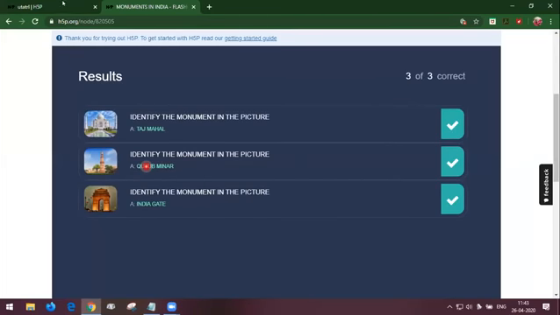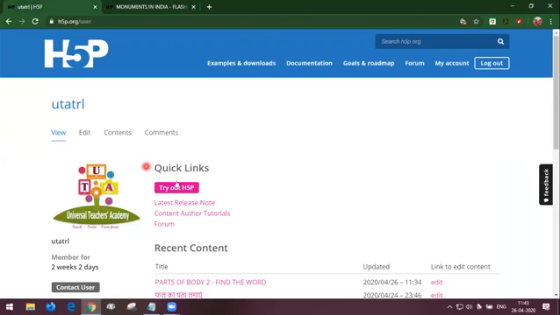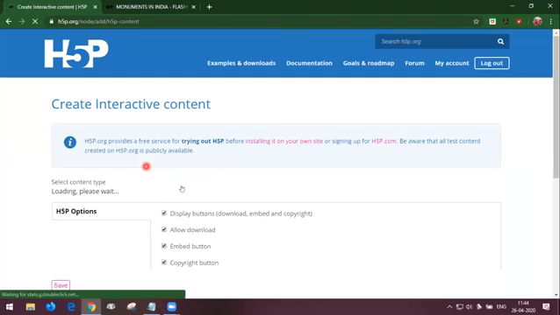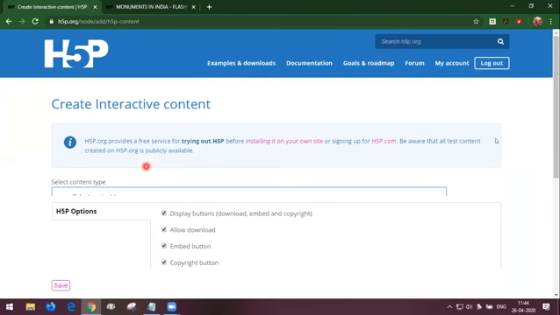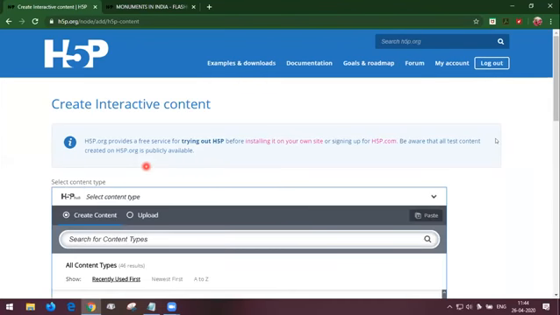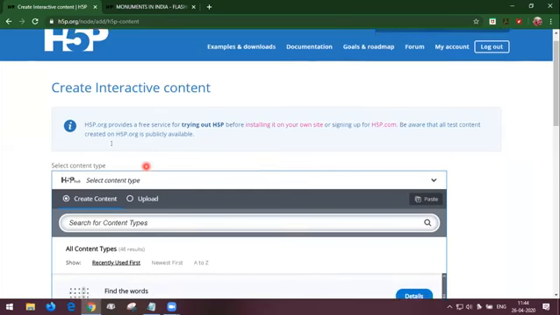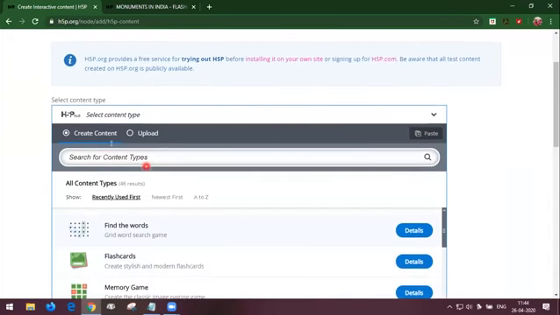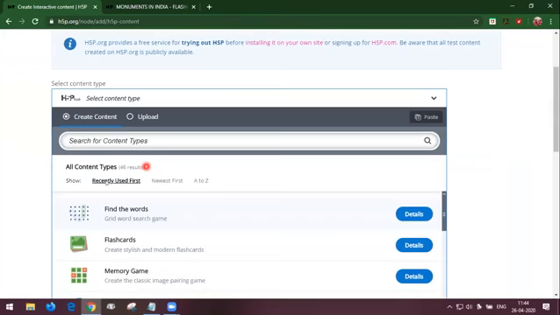Shall we? Okay. For that, we have to go to My Account, tryout H5P. What is the tool we are going to see now? Flashcards. So I'm entering flashcard in the search bar and got the flashcards here.